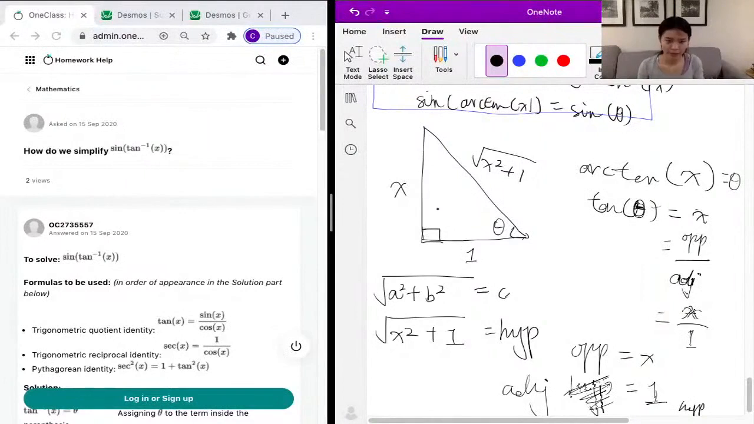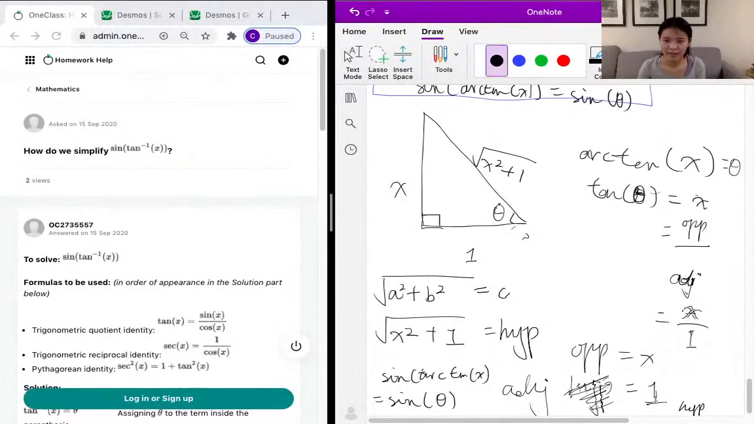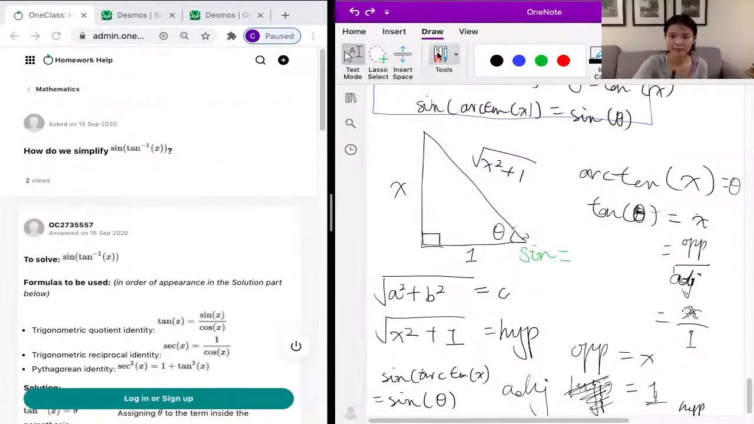Nice! So our next step: let me remind you that we wanted to find the sine of the arctan of x, and we know that arctan of x is theta. So we want to find the sine of theta, and the sine of theta is the same as the sine of this theta over here. So we know from the basic rules of trig that sine of x